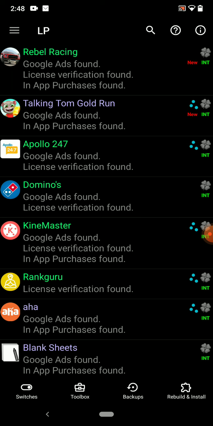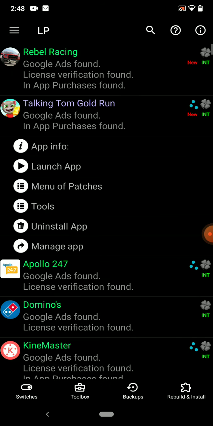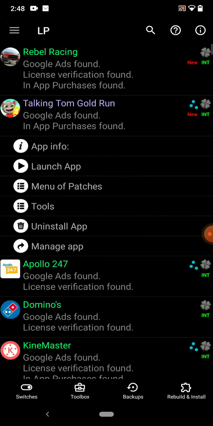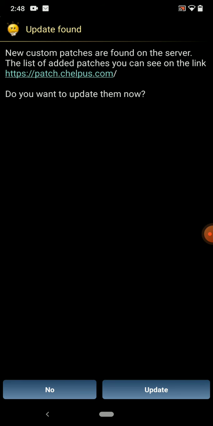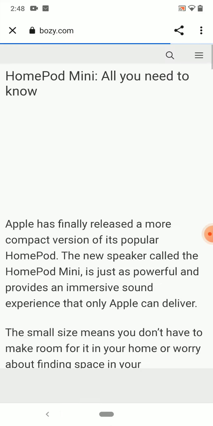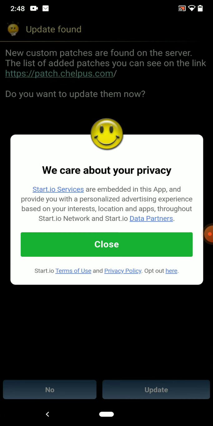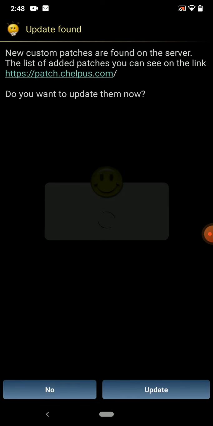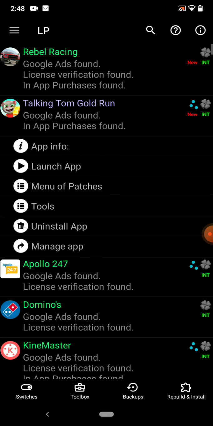If you installed from the Play Store, you have to restart the app, and you have to click that app like this, and click here. It will ask, and I click no.